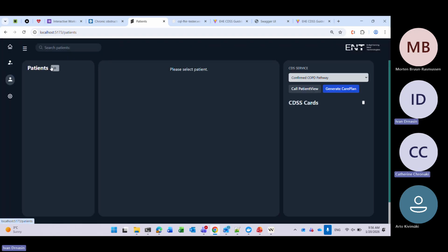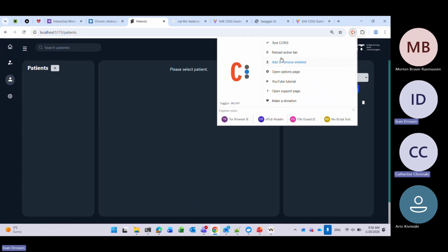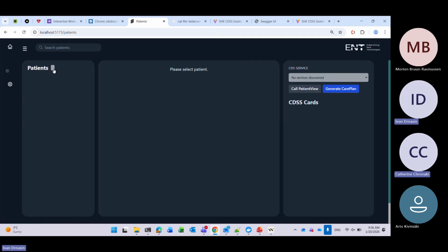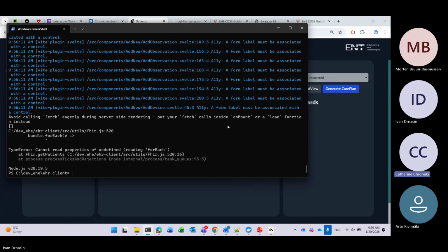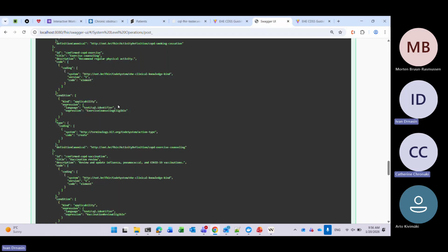We still don't have our patient. So you create a patient, you create a visit. No, I created a patient, but everything broke because of the CORS policy. So let's try again. Or maybe if not, I will create the patient directly on the FHIR server. Yeah, just push a patient. Let's assume that you have a patient. Oh no, I need to create it manually.